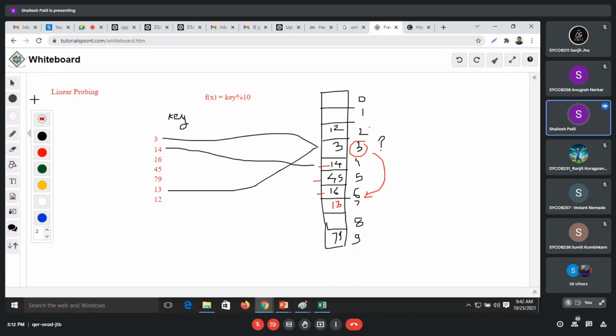So what we'll do now is make the function for this. Let's see how to make the function.